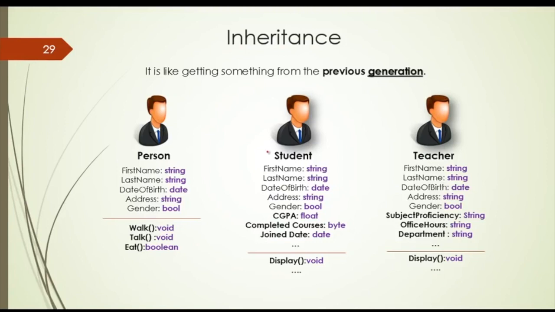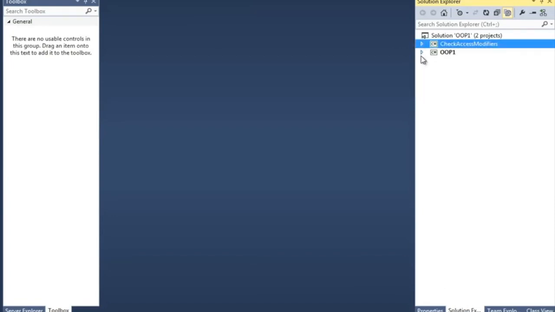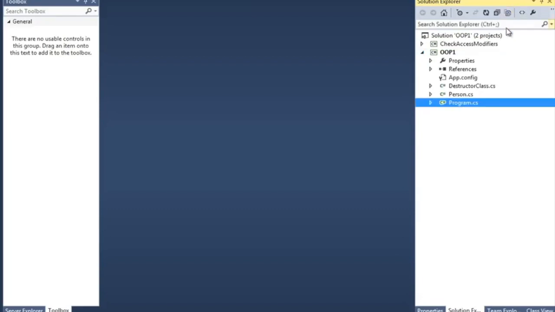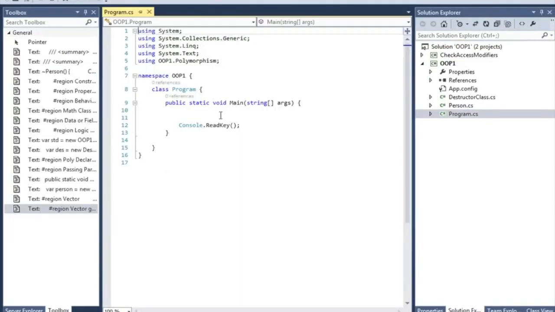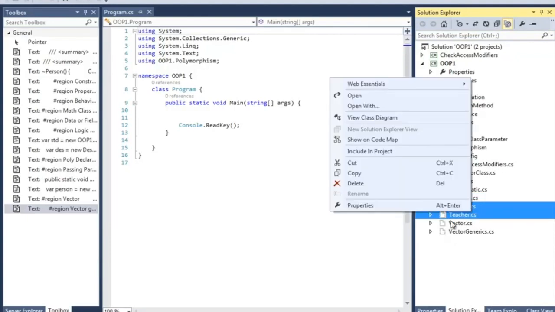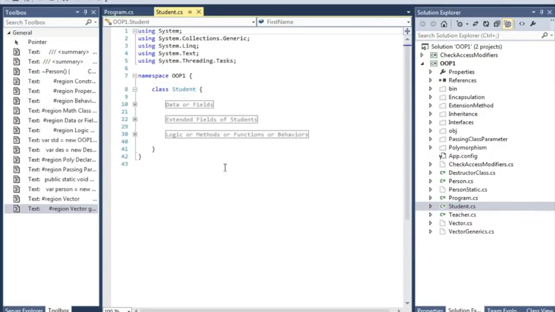So how can we implement it? We just write the code. So let's see some code. We are in Visual Studio, so let's switch over to our previous project, and here you can see that we don't have any code. We just cleaned it up, and there are two classes, student and teacher, that I have written earlier.